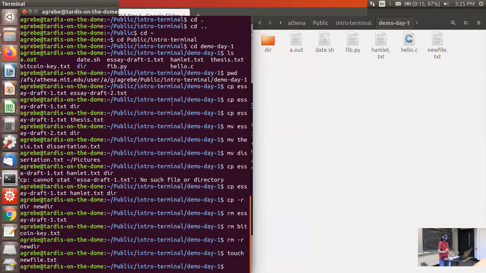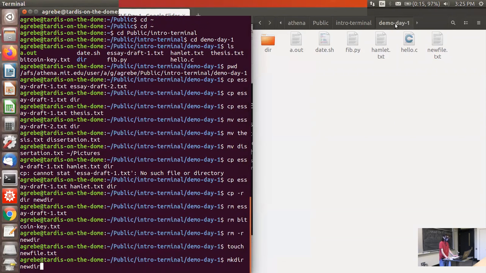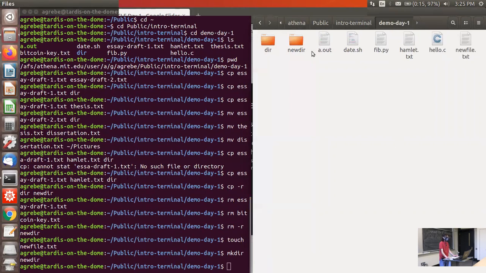If I want to make a folder, I do mkdir for make directory. And this creates a folder that's completely empty. There's nothing in it. And then I can remove it the same way that I created it with just rm -r because it's a folder, new dir.